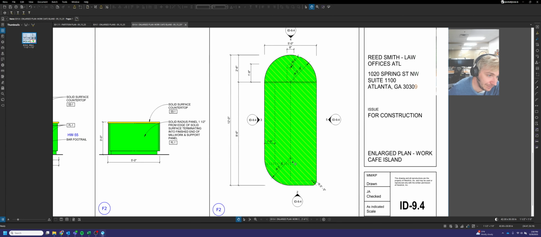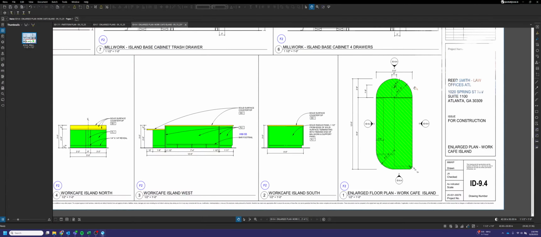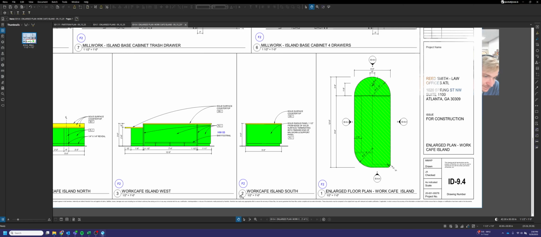Underneath here is where your cabinets are going to live. That's where we're going to go next. It's going to be our elevation view, so you can see what is going on below that countertop. So view number 2 here, that's looking this way, northward